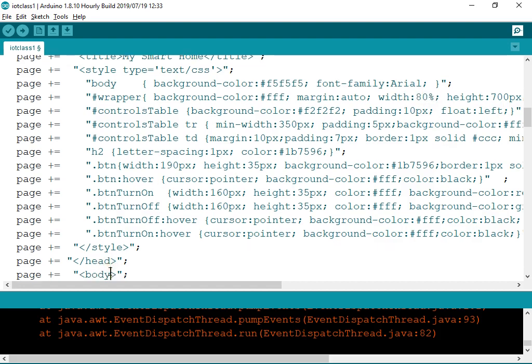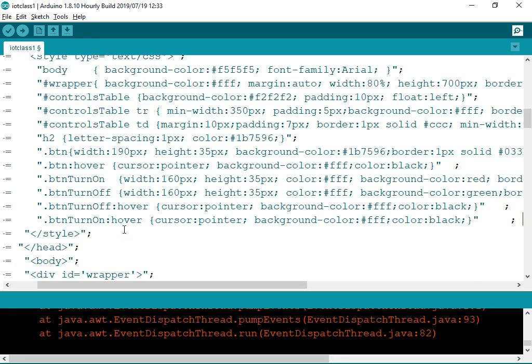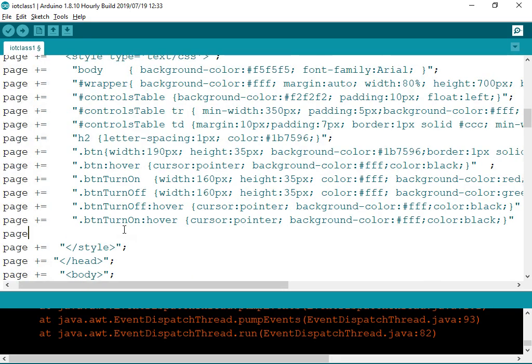And now what I do right here, I will also start styling the controls table. Page plus is equivalent to concatenate to the page once again, dot controls table 2, and I'll ask this table to float